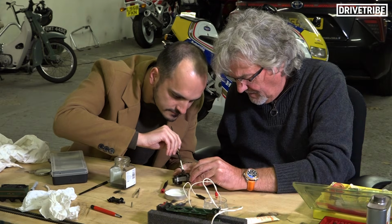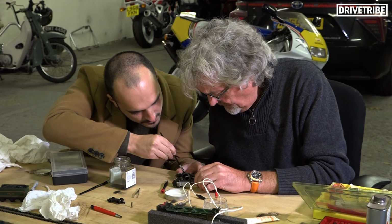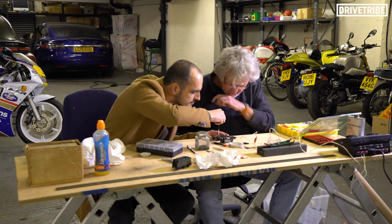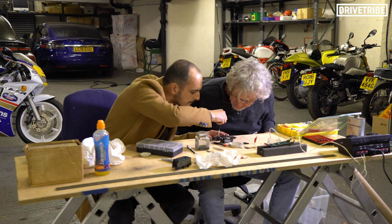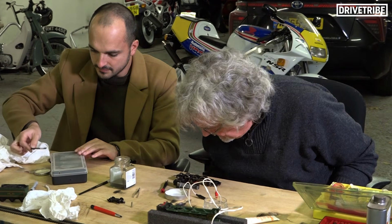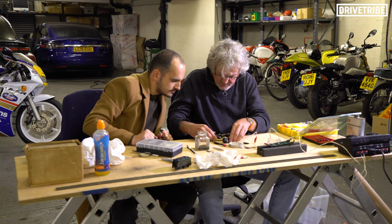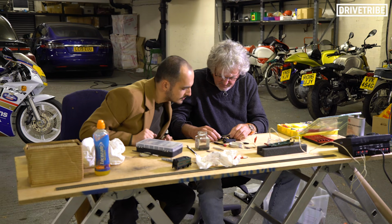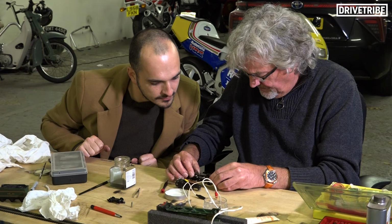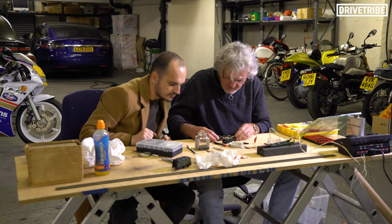I'm inclined to believe I think the offset on that central pinion is not good either. It's too close to the chassis by 0.5 millimeter. So free. That's better than it was. This one is still sticky. But I'm going to try